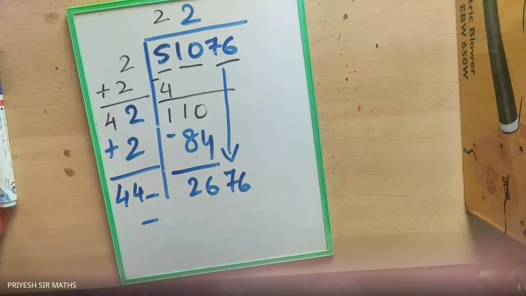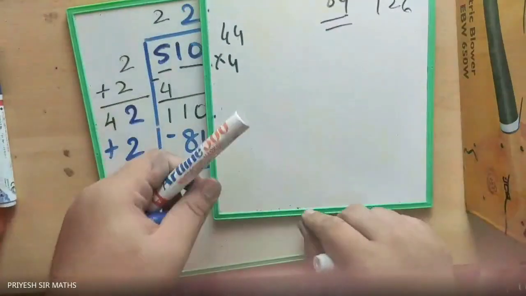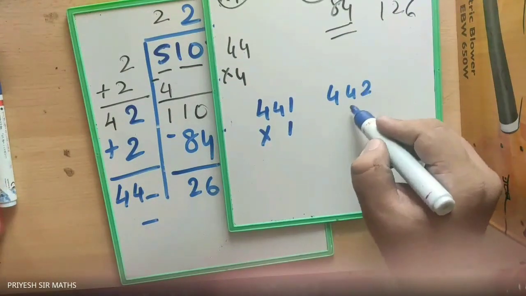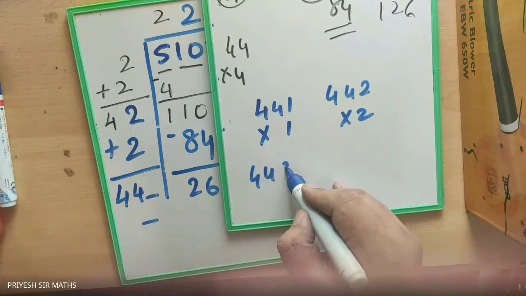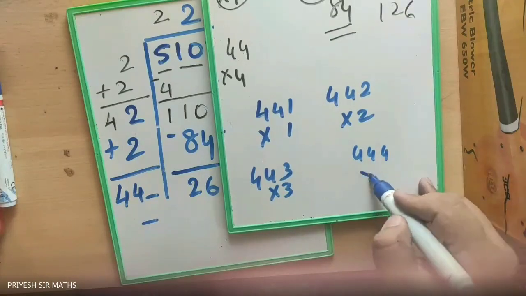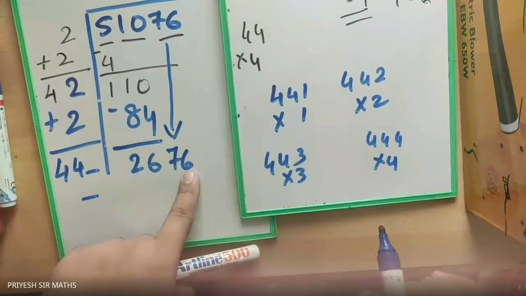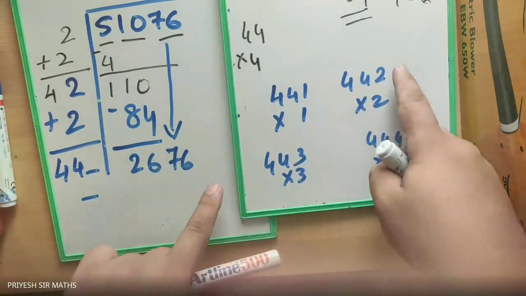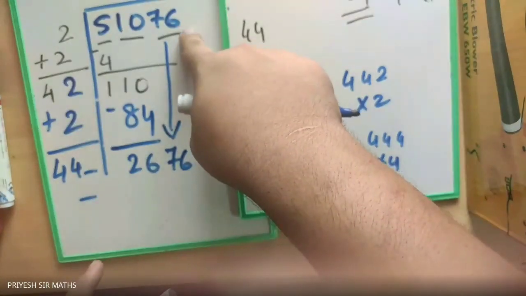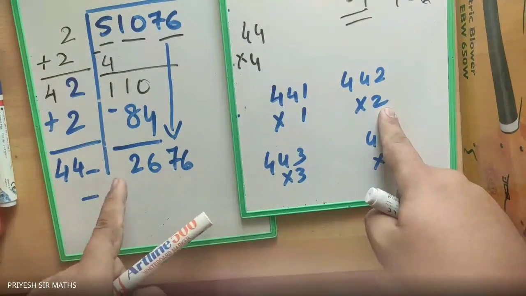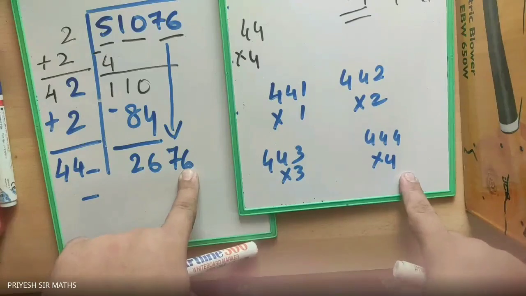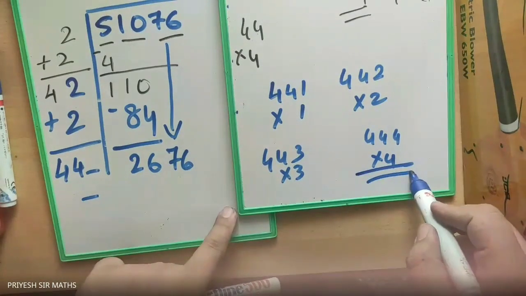So what we are going to do is, what should be multiplied with 44? 441 into 1, 442 into 2, 443 into 3, 444 into 4. Now what we are going to see, here we have 6, okay. So 1 ones are 1, that is not possible. This is for the last step, when you take down the last number, this is for that. 2 twos are 4, so 6 will not come. 3 threes are 9. 4 fours are 16. So we can consider this number.